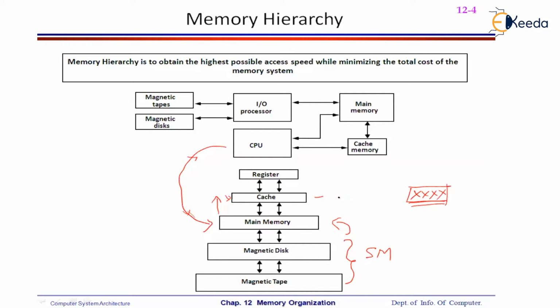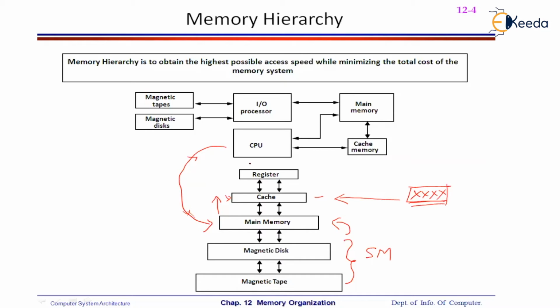For that reason, this instruction will have to be transferred to the cache memory. This is the funda of accessing anything from the memory hierarchy. Initially it will be searched in the cache first, but the cache memory is going to throw a miss, because initially you don't find the data you're searching for the first time in the cache memory. So initially the cache is going to say no. During that time, the CPU is going to read the data directly from the main memory.